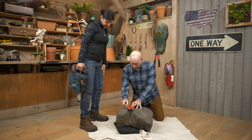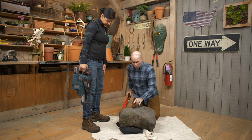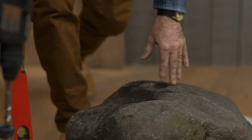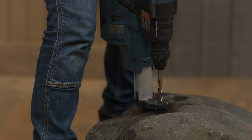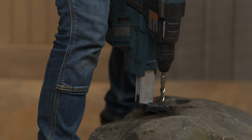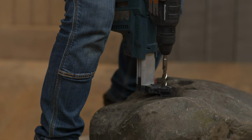All right, Jen. What I'm gonna need you to do first is give me 3 holes. That's a straight line. So give me 3 holes that'll accept the feather and the wedges. It's a great drill. It's got a HEPA-vac already built into it, so we don't have to worry about the dust. We do have to use our glasses though. Give me 1 here, 1 in the middle, and then give me another one 4 inches to the...